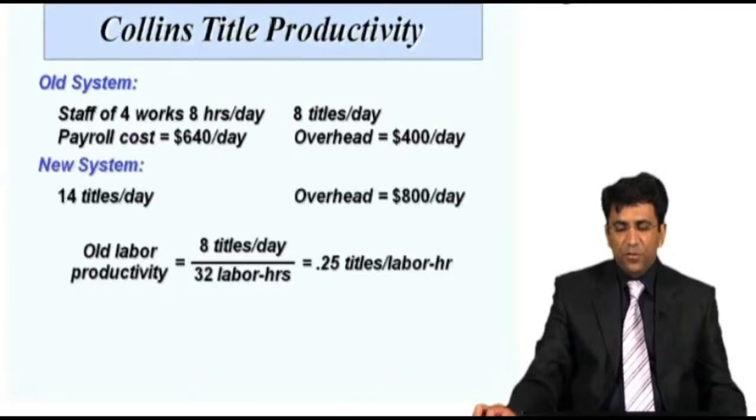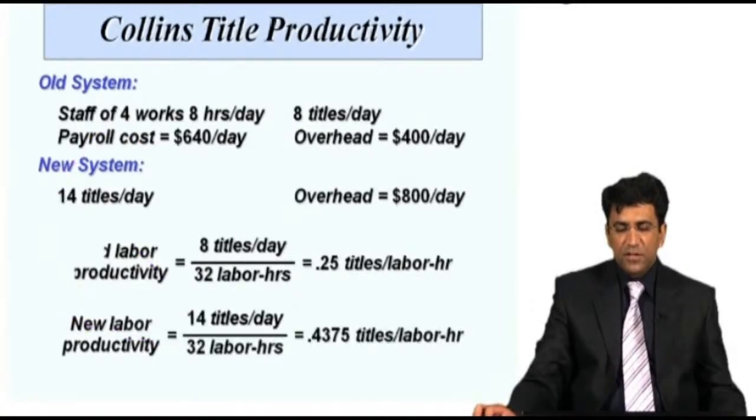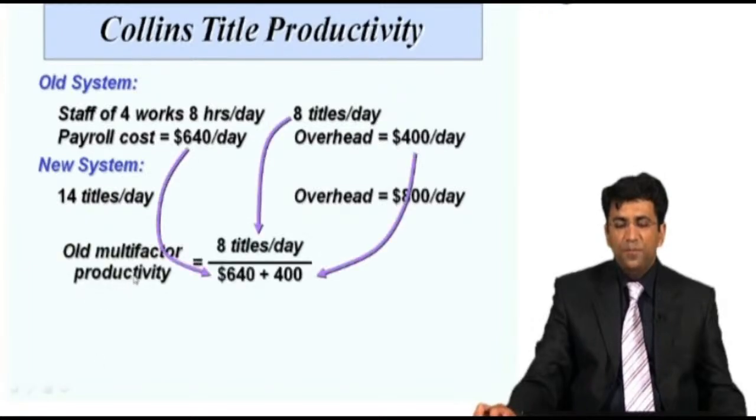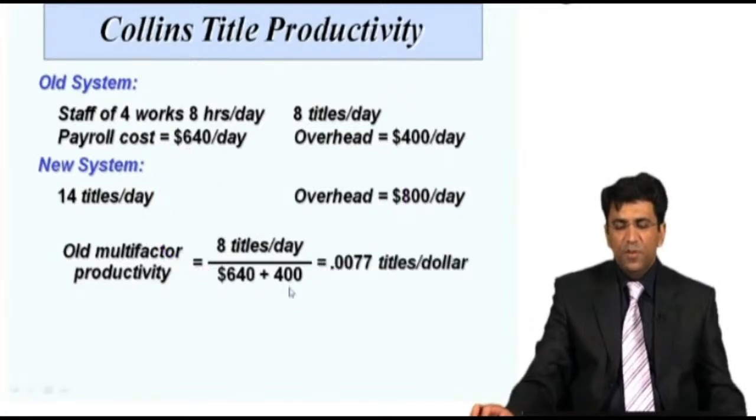So if we put this particular information in this example, in order to calculate the old multi-factor productivity, the output for the old system is 8 titles per day divided by overhead expense plus payroll expense. It will be equal to $640 plus $400, and it will be equal to 0.0077 titles per dollar. Now again students, this is the multi-factor productivity for the old system,